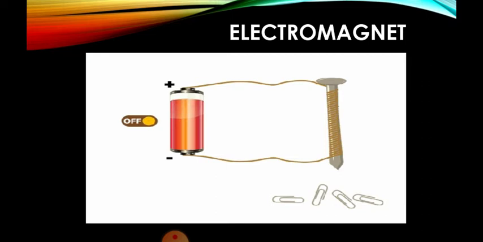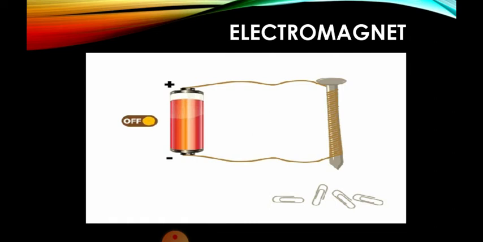Fine. So once you switch on the key, as shown in this diagram, in this picture, you will find that the current will start flowing into the circuit, and this screw will behave like a magnet, because you have just now learnt that a magnetic field is produced when electric current flows through the wire. Since the wire is wound around the nail, iron nail especially, this iron nail acts like a magnet, and that magnet is also called an electromagnet.